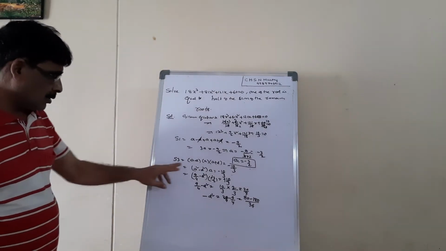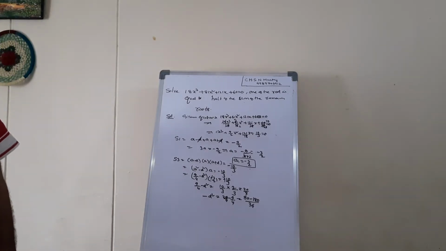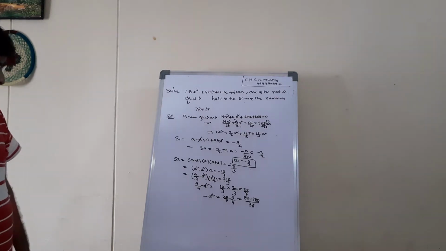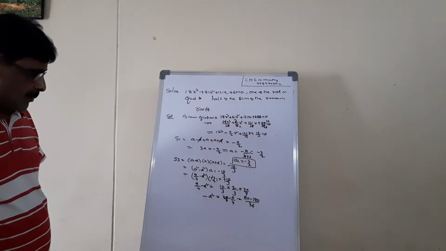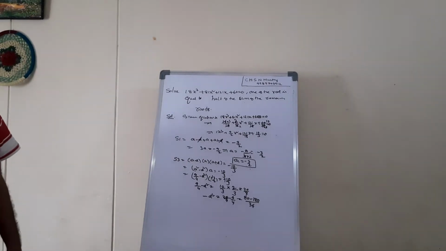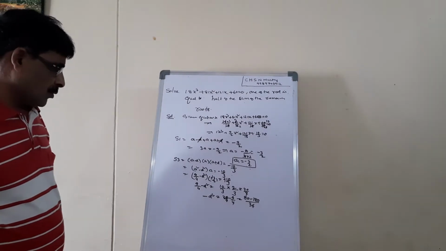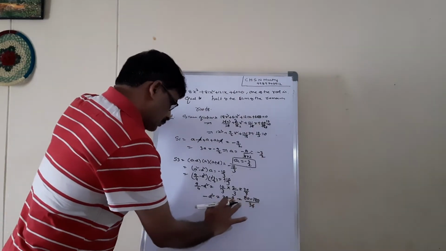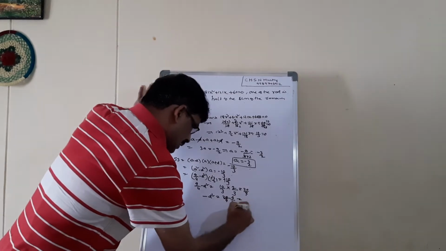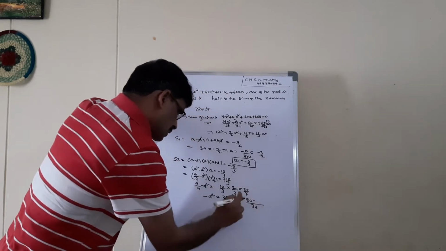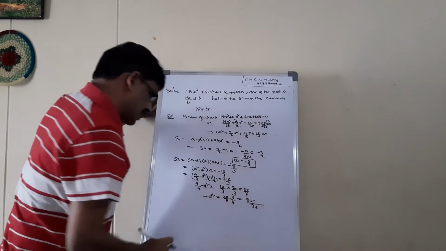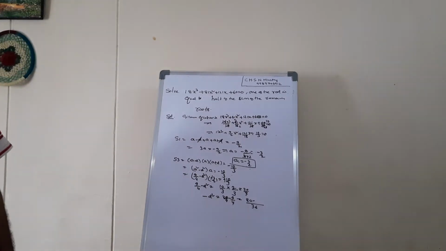Now a square minus d square equals minus 10 by 3. 9 by 4 minus d square equals 10 by 3, and 2 by 3, that is 20 by 9. And 20 by 9 minus 9 by 4. For 20 by 9 and 9 by 4, 36 is the LCM. It goes 9 times 4, so this is 36 LCM, with 80 and 81 in the numerators. This is 20 by 9, this is 9 by 4, I think. Once you go through the problem, check what that one is.